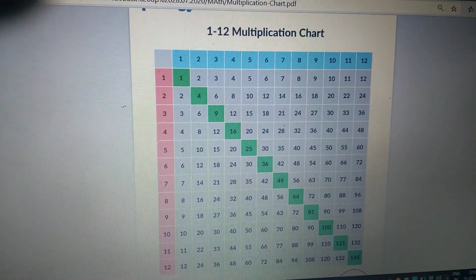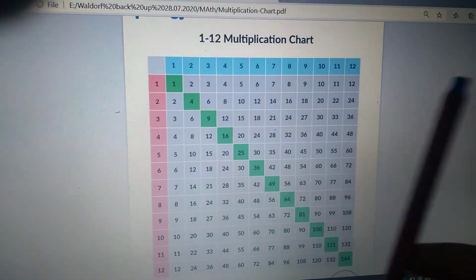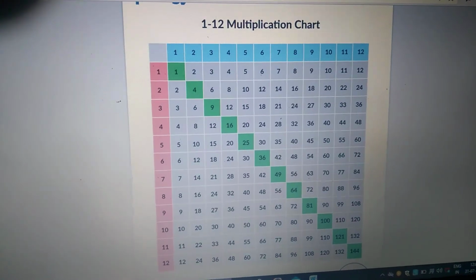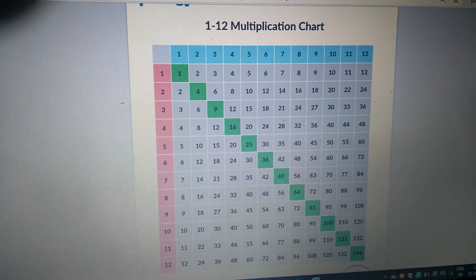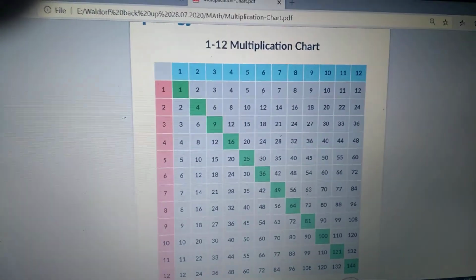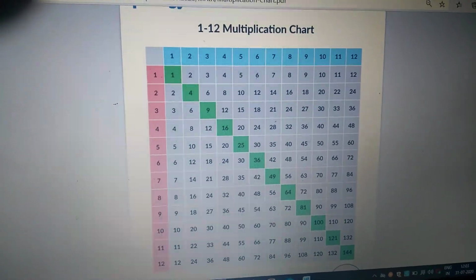So let's see. There is 1 to 12 written here, 1 to 12. As you notice, the background of the chart is very light. It's important to keep the background light so that the pattern reveals itself to you. It's good to shade these boxes in light color just so that you know what you're doing.